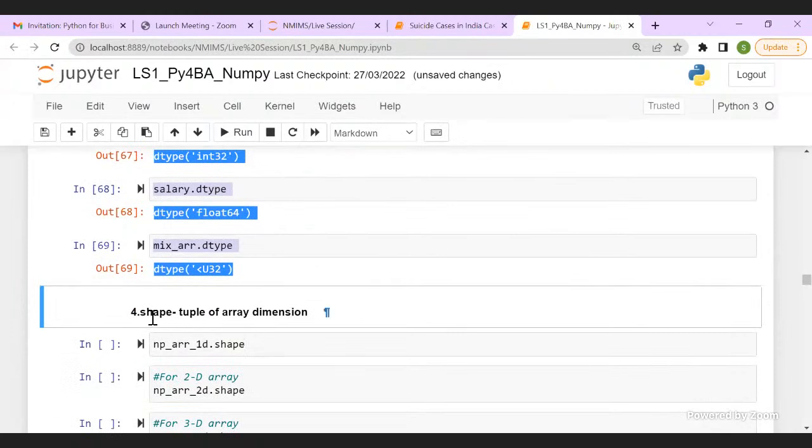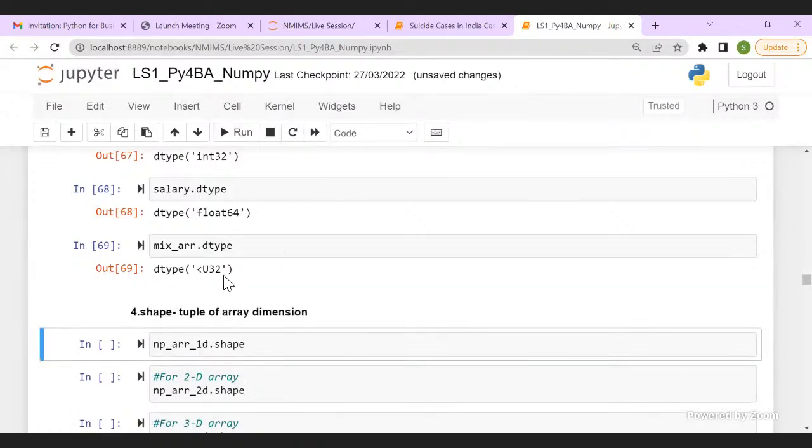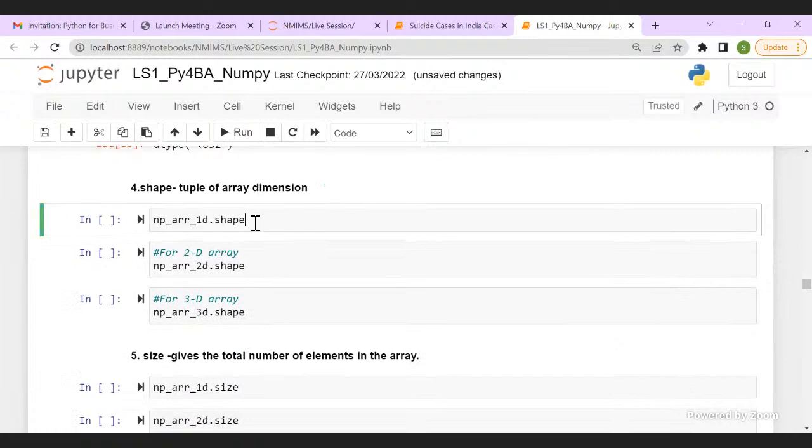Next, we talk about the shape. Shape is a very important attribute, and we will be dealing with shape in and out whenever we are loading the data. That is the first thing we run on any dataset: the shape. Try to understand the rows and the number of columns in my data. Someone was asking, how can we see the shape of the data?